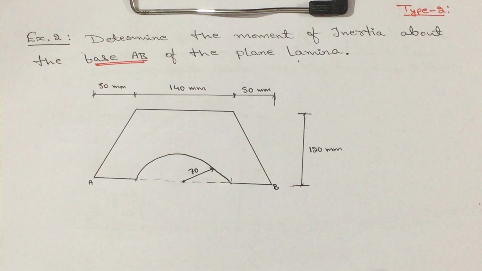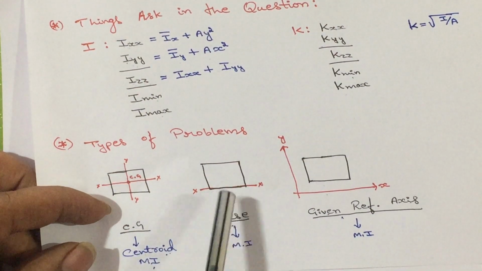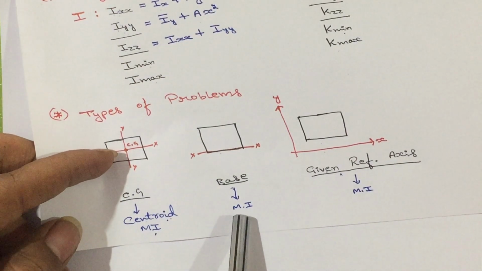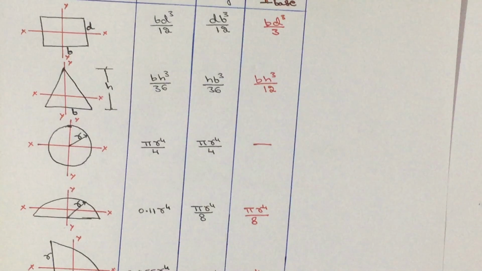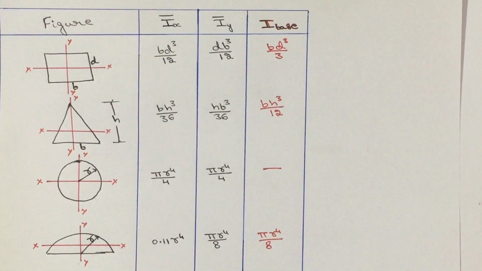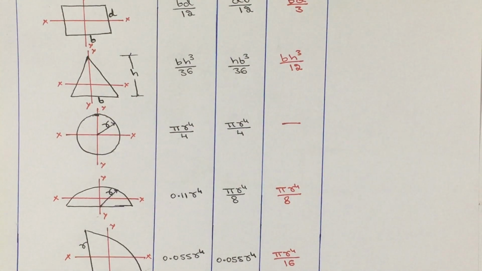Hi, welcome back. This is the type 2 problem, that is we are going to calculate the moment of inertia with respect to the base, and the procedure is just we are going to calculate the moment of inertia directly, and in the table I have provided the formula with respect to the base which we are going to take directly. And one more thing, if